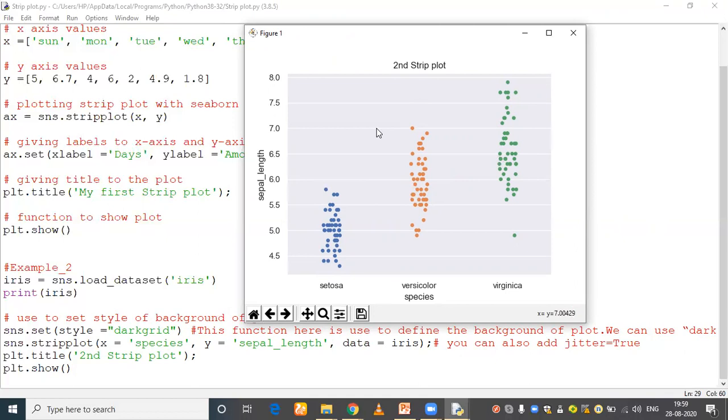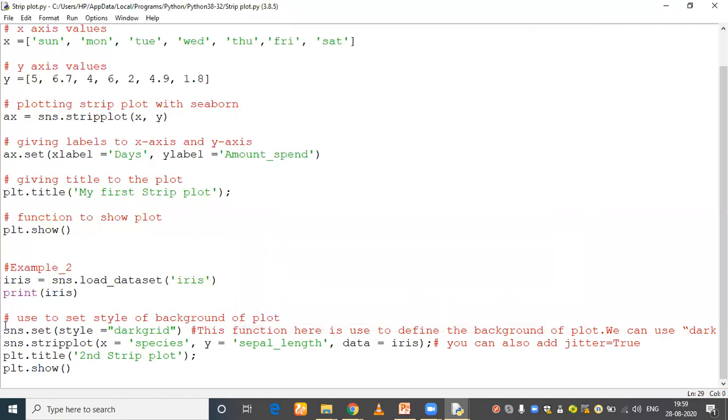Because with the help of this function, sns.set, inside that style is equal to dark grid, this function is used to define the background of the plot. It's not a background color, but it's a style for that. So I want to have the background of my plot as dark grid. Previously we have seen how you can set the background of the plot to white grid, right? If you don't want to use it, it's up to you. You just remove it or you just make it a comment. Let's check how it looks. Let me make it a comment.